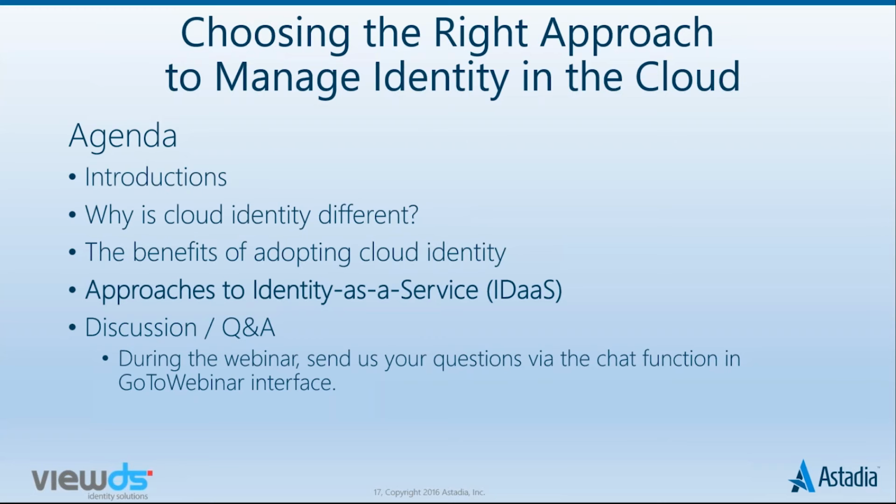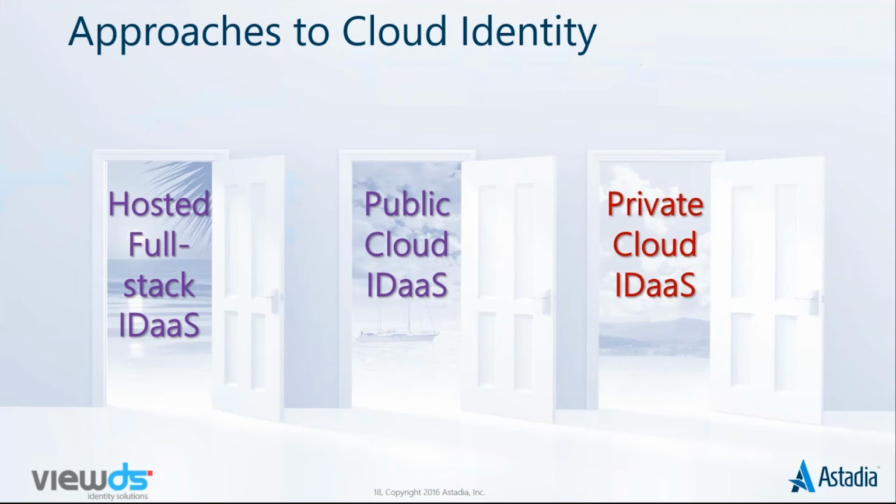So now that we've identified some of the benefits of cloud-based identity, I'd like to talk a little about the different approaches to delivering cloud-based identity. So cloud-based identity, by definition, is provided in a cloud environment, either public, private, community, or some combination of them. The main point is that it isn't something that you're running inside the corporate firewall. And there are really three primary approaches to building and delivering a cloud-based identity system.